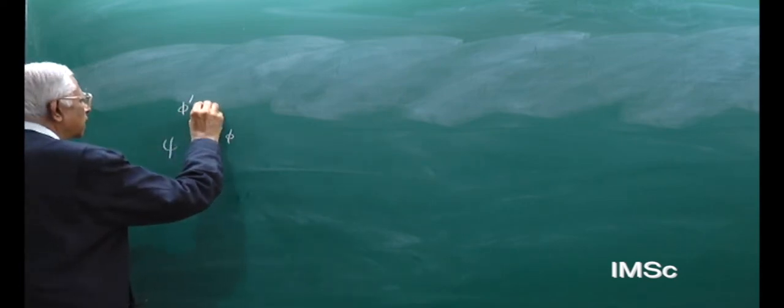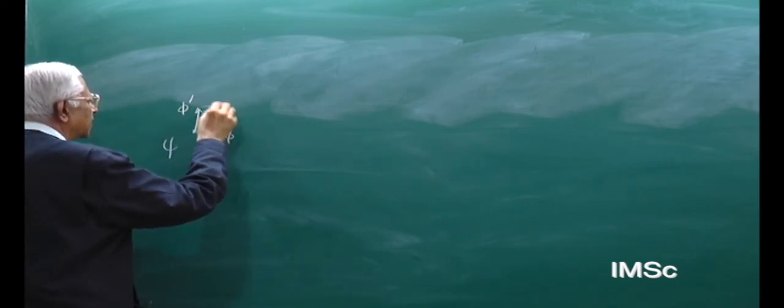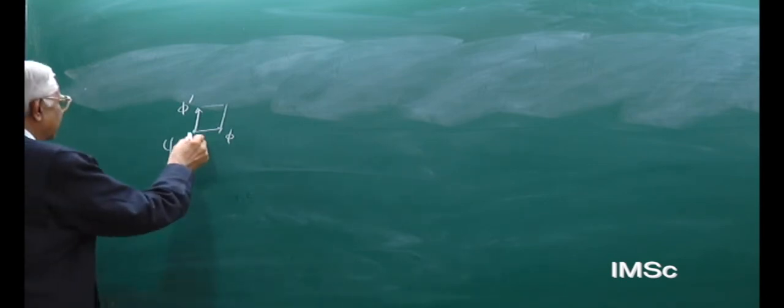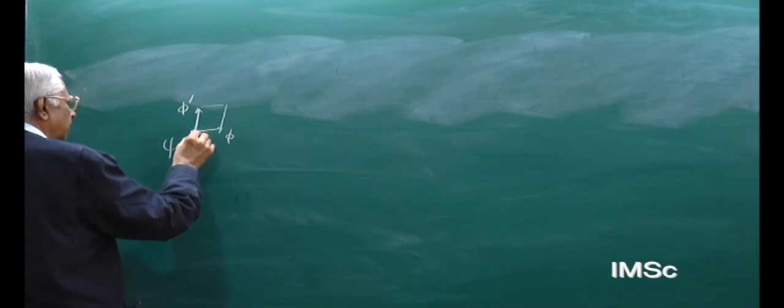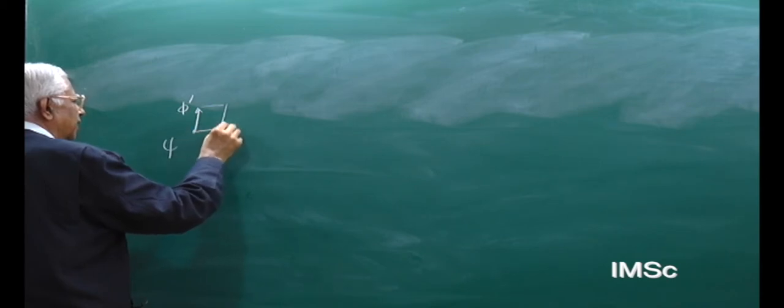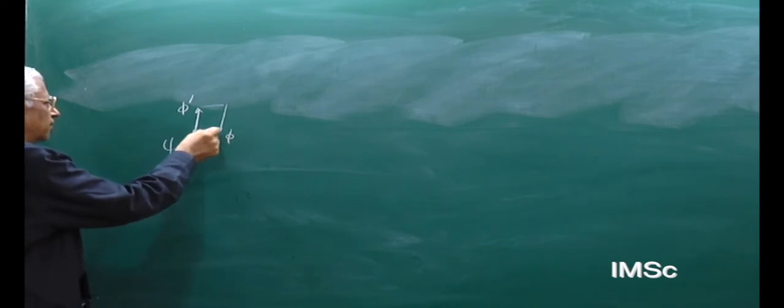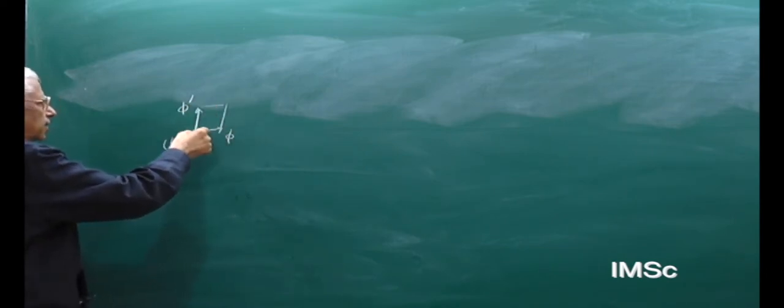Given these two, locally you can construct a parallelogram. So what you can do is take that one form A, calculate its line integral round this parallelogram. Go along phi, then go a little bit along phi dash, then return by phi and return by phi dash, negative of phi dash, back to the starting point. And then you can ask, what is the value of that integral over the four sides of this parallelogram?